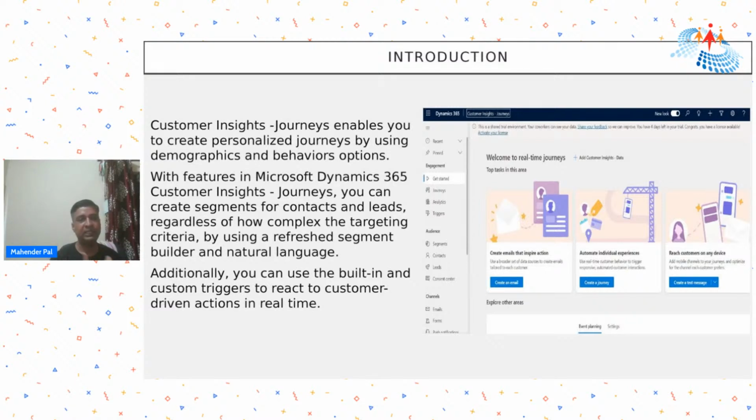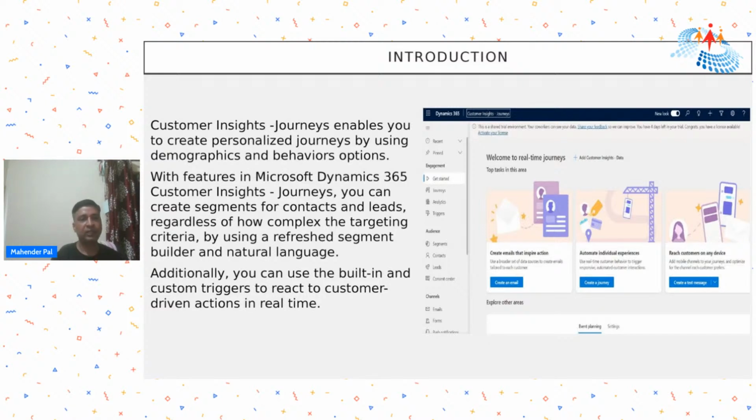A segment is nothing but the list of customers whom we want to target, where we want to send all the emails and materials that we have been preparing for marketing. We have different options to create the segment. We can use demographic details or behavioral details, for example, where they are coming from. Let's say I want to target the list of customers who are residing